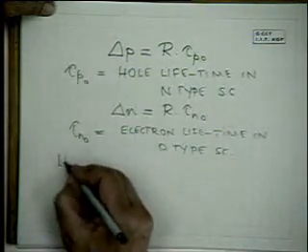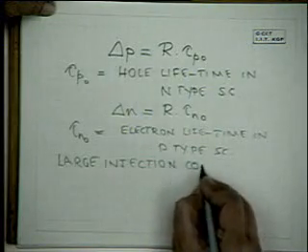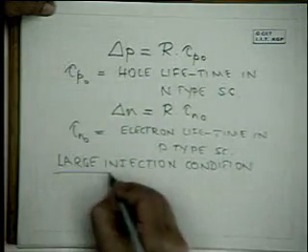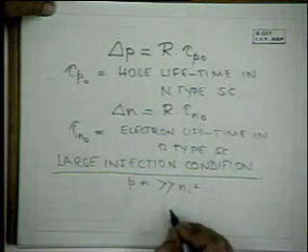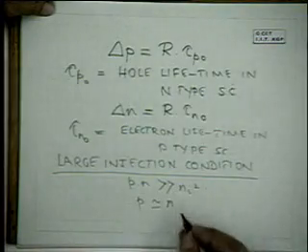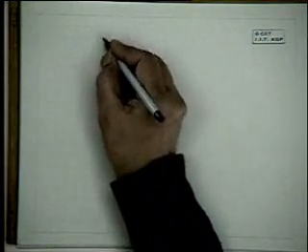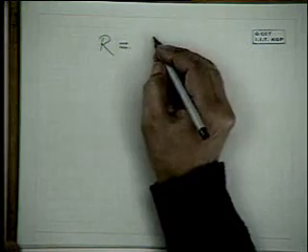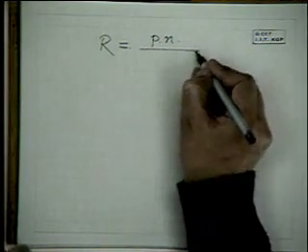We can take another case, large injection condition, strong injection condition. When P into n is much larger than Ni squared, and P is almost equal to n, and we can calculate what is the recombination rate in this case. Then obviously we have R is equal to P into n over